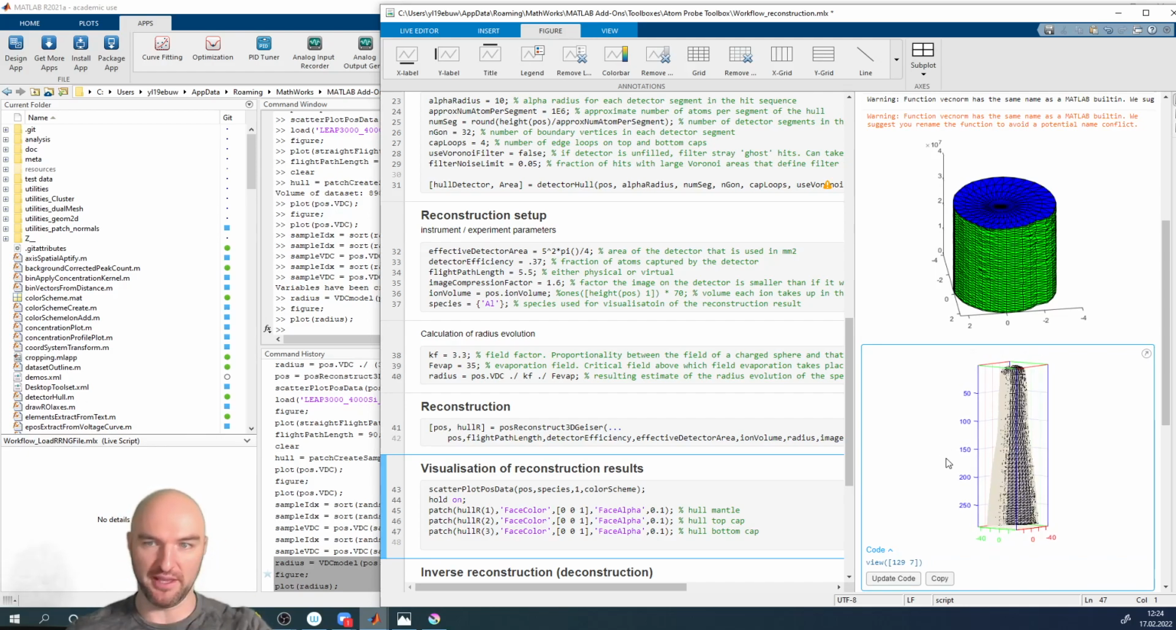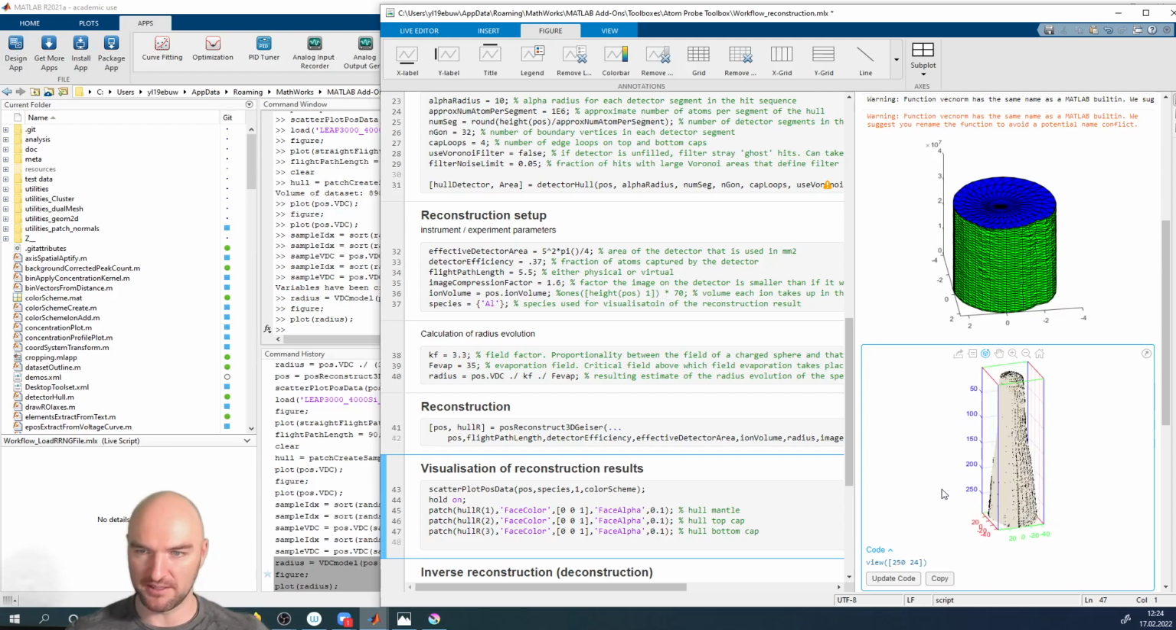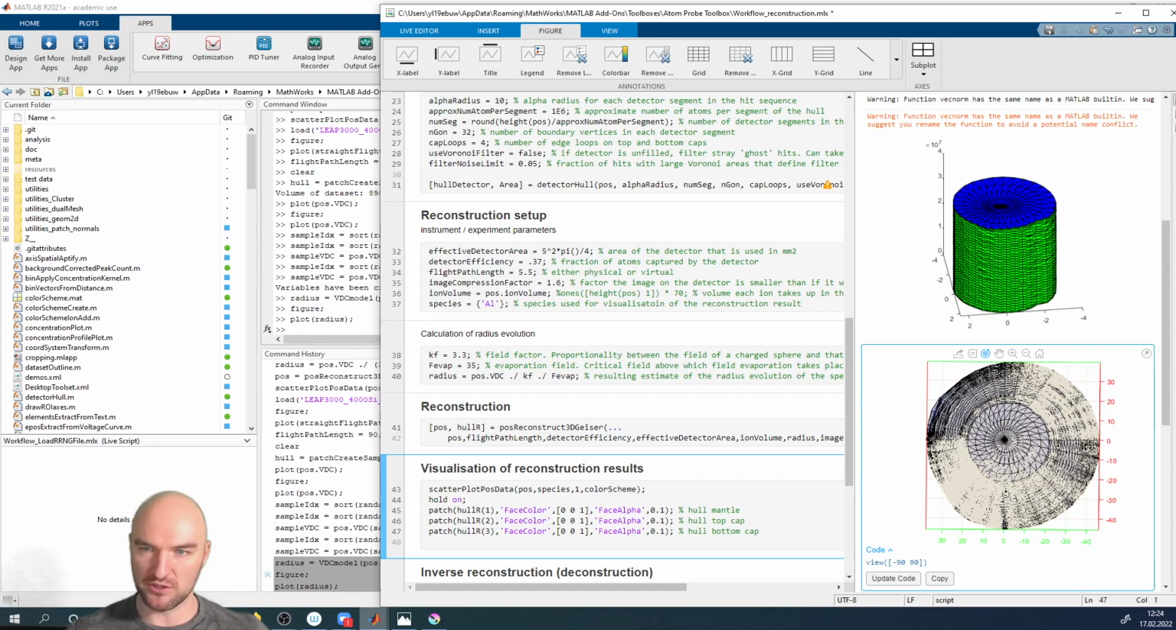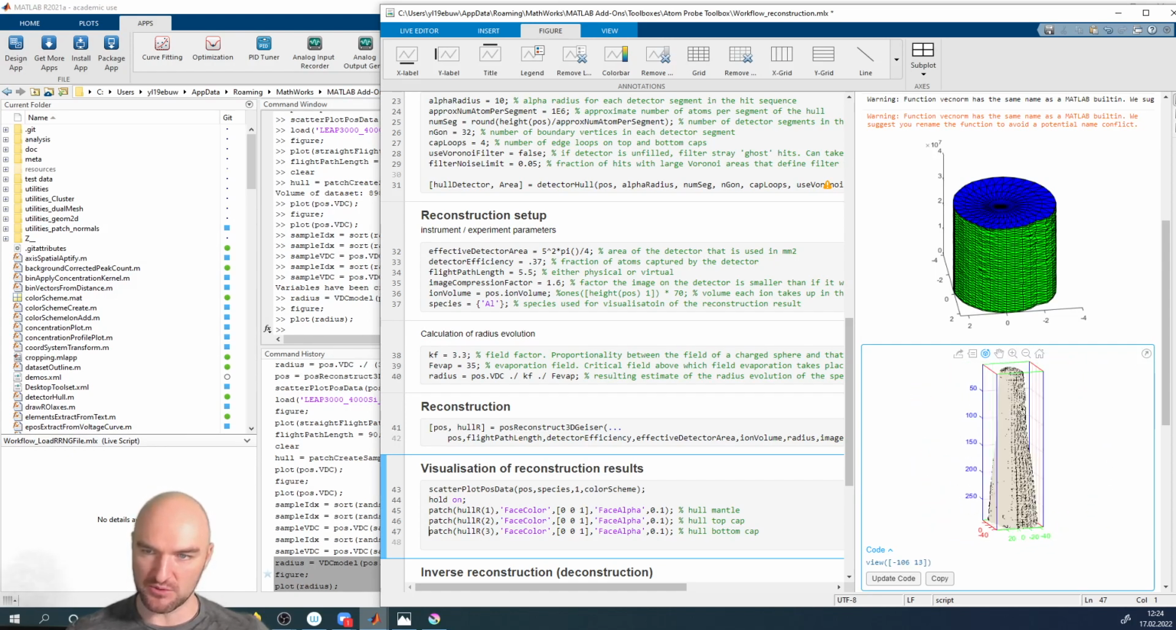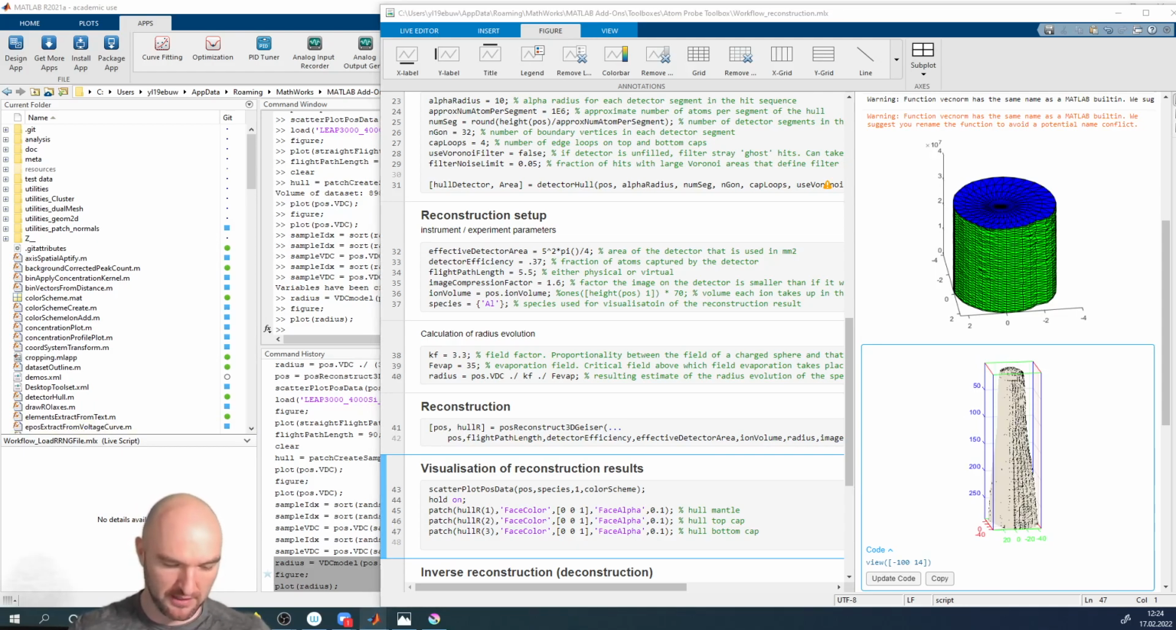With this data set, I don't actually know what a good reconstruction would be. But we have a fairly nice reconstruction, and we have the dataset hull. Okay, so what can we do with the dataset hull, or what is that thing? Let me just open it in